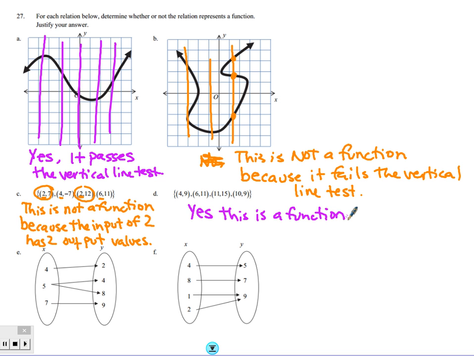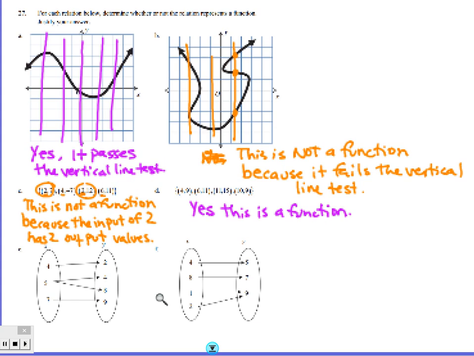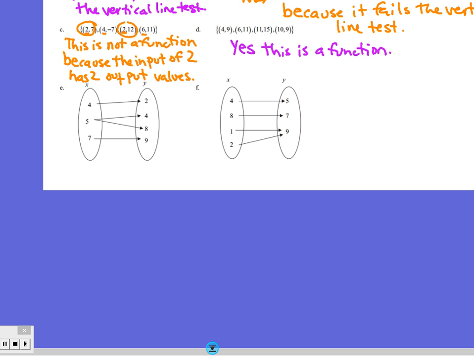All right, then we've got, let me pull this up so we can see it better. Here we have 4, 5, aha. Now 5 goes to 4 and 5 goes to 8. So again, this is not a function